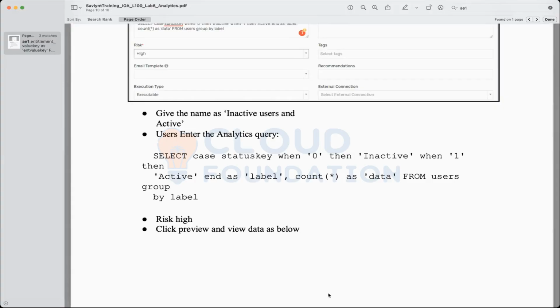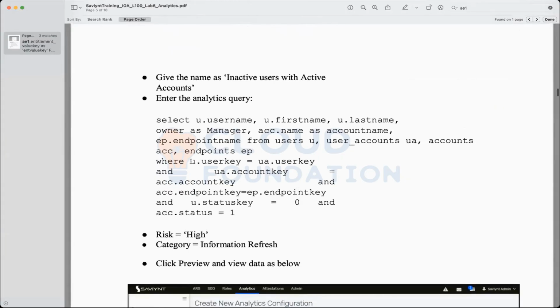If you see here, they've written u.userkey equals a.userkey. What does that mean? It means that within the users table, there is a user key for that user, and similarly there is a user key which is also stored in the accounts table.